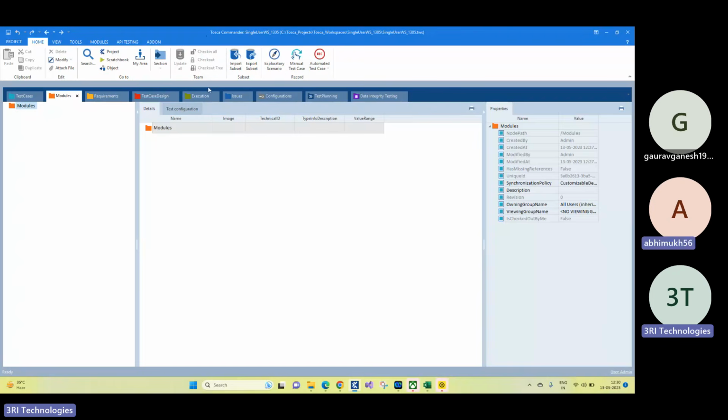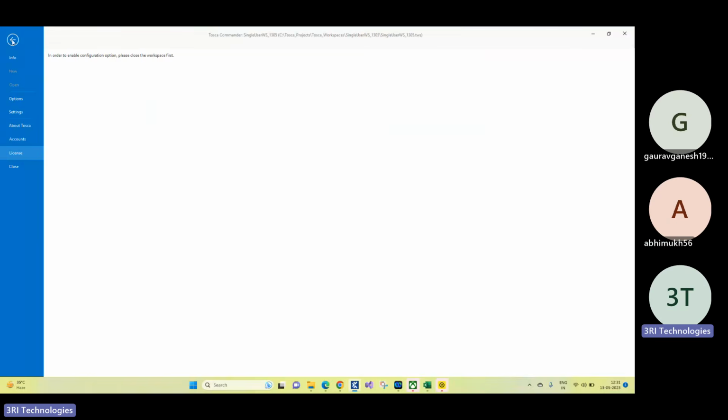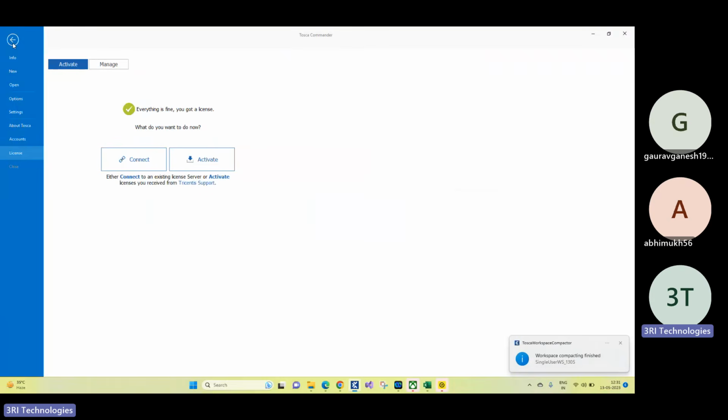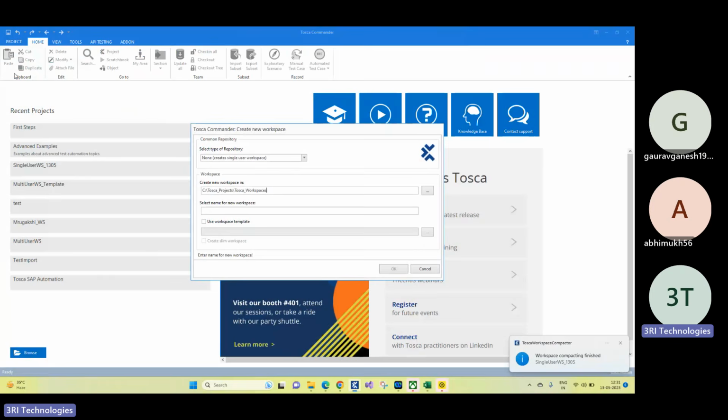Okay, we'll talk about this option in more detail. So for now, there is no question, right? How we created the single user workspace and why it is blank. Okay, so let me quickly close this workspace. See, this is the way you have to close your workspace. You should not directly click on this close button. Let's create one more workspace, again selecting single user workspace here.